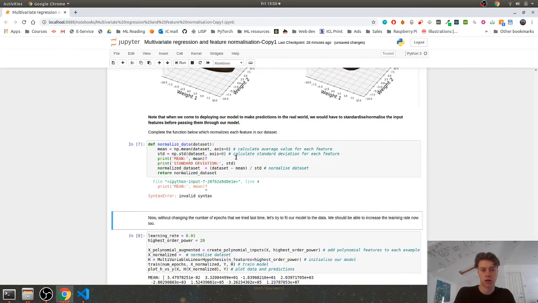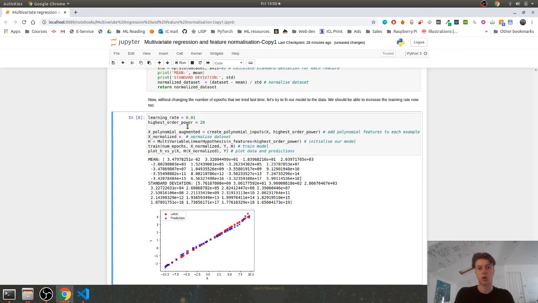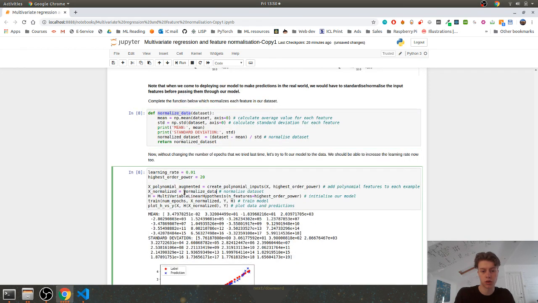Come down here. We'll define that function. And now we should be able to train polynomials of much higher order. So here I'm going to set this to a 20 order polynomial. It's going to include terms up to x to the 20, and the only thing we're going to have to change is we're going to have to normalize our data set. So we're going to use this normalize data function, which we just wrote. We're going to apply that to our polynomially augmented inputs,